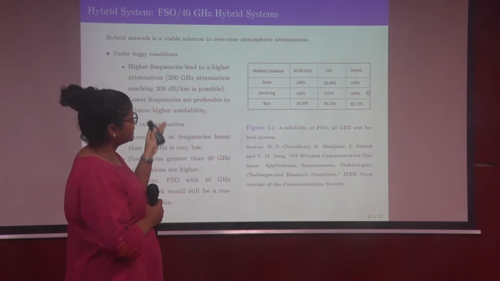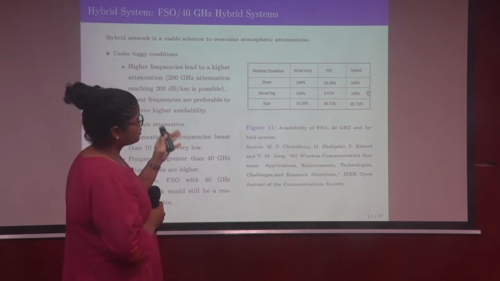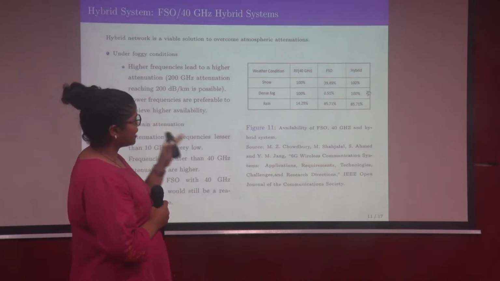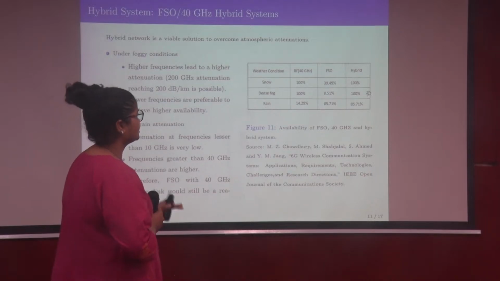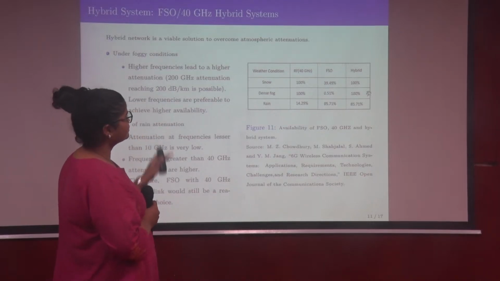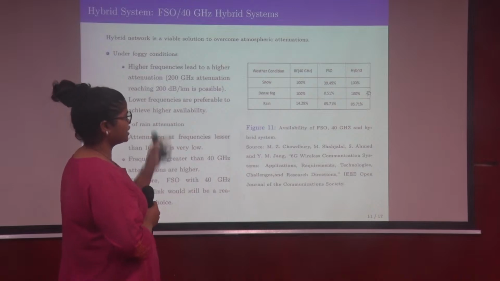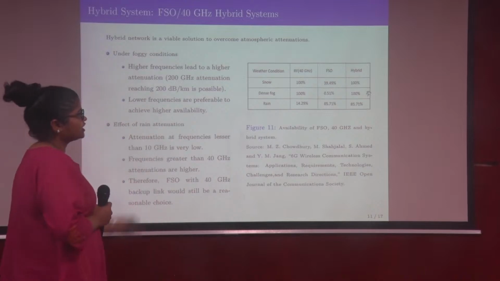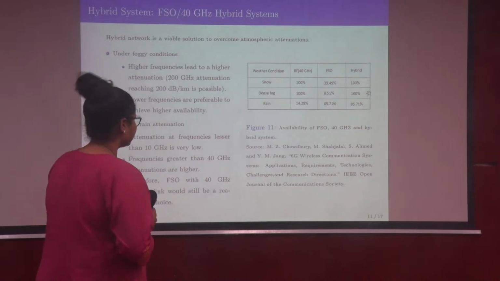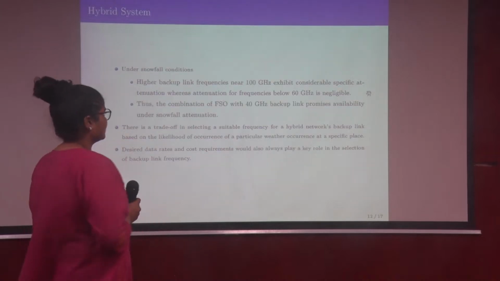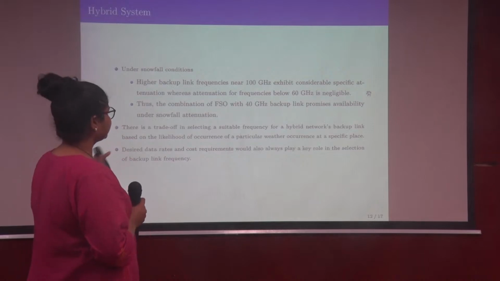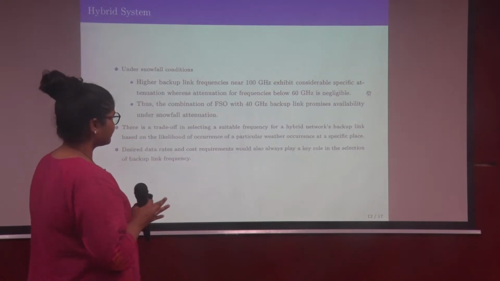Same goes for the dense fog, where FSO has only 0.51% of availability. And for the rainy situation, it is 14.29% for RF and 85.71% for FSO. So the hybrid communication has 85.71%. So when we are using this hybrid communication, there is a trade off between selecting the suitable frequencies for